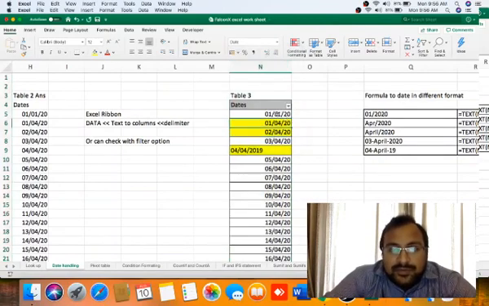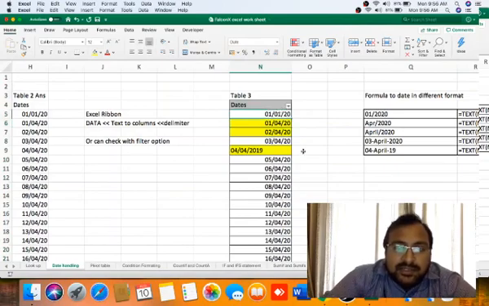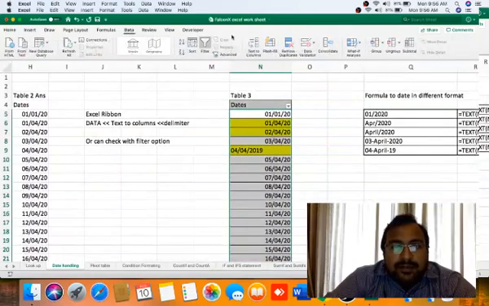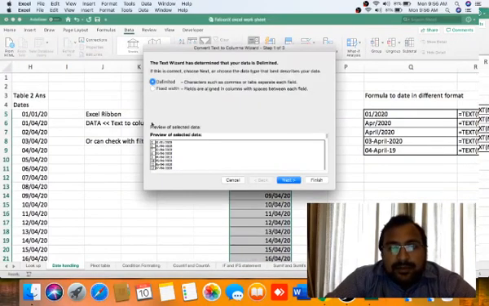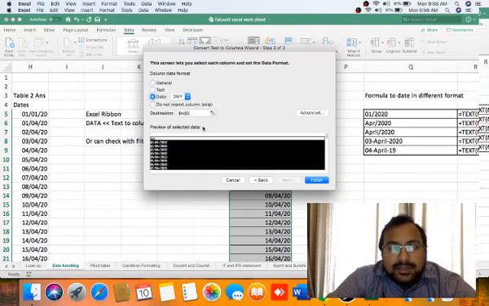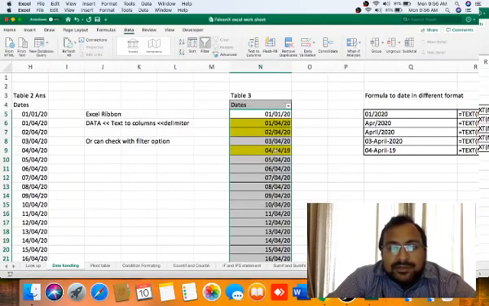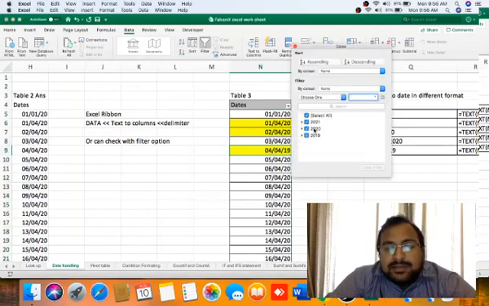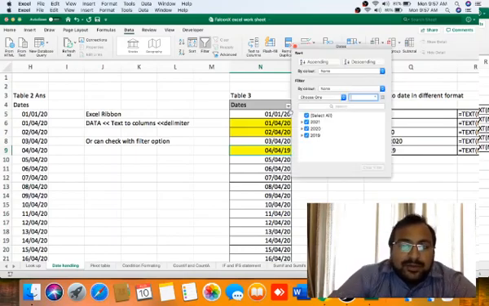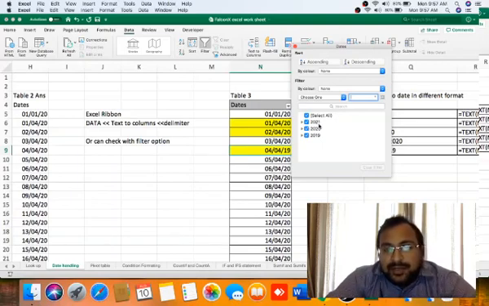Now second, we want to select only the date part, Data, Text to Columns, Delimited, Next, DMY, Finish. As you can see, all dates got rectified in this column. This is the easy and best way of identifying whether the dates are in proper format or not. If they are in proper format, it will club itself, otherwise it will not club.